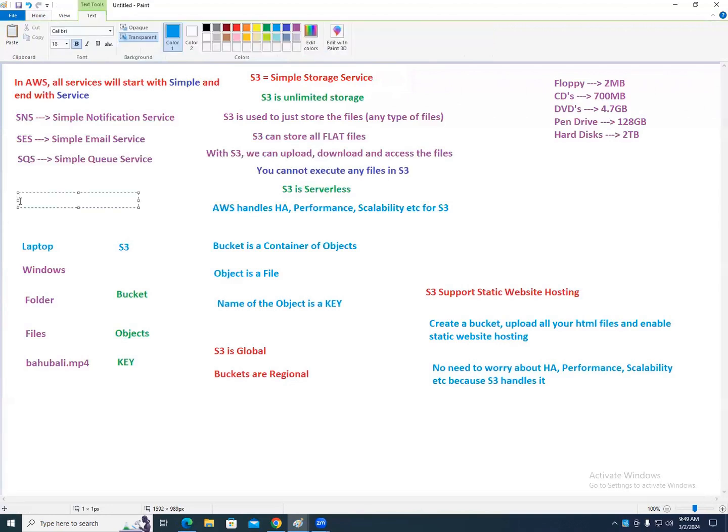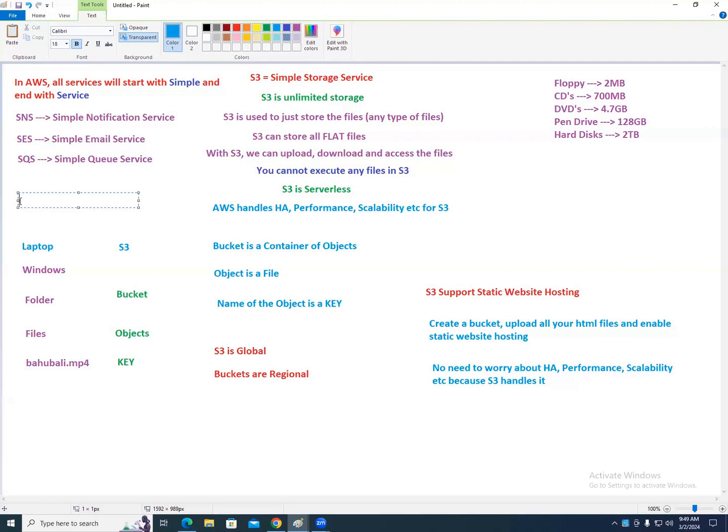Before this, in S3 there is one point left. What are we uploading in S3? Objects, no? So what based storage is this?